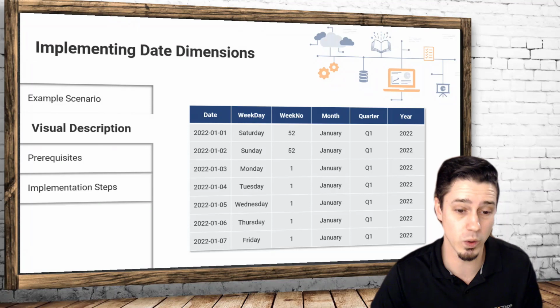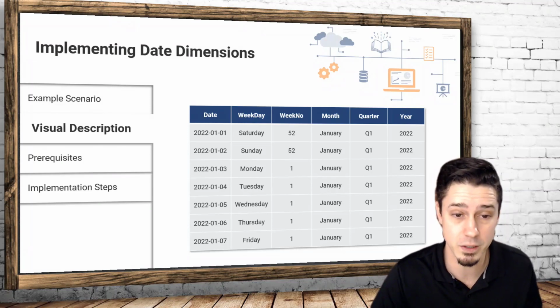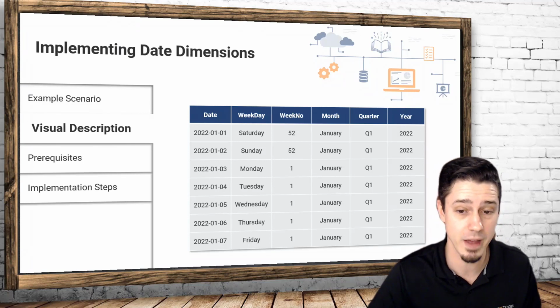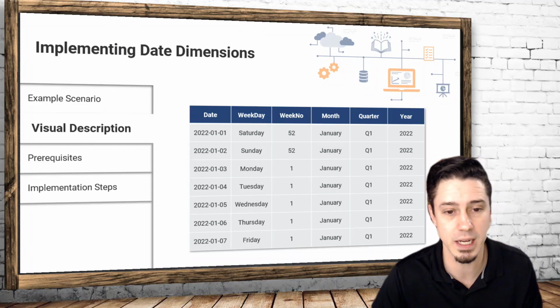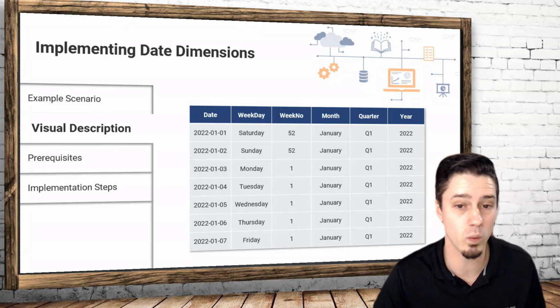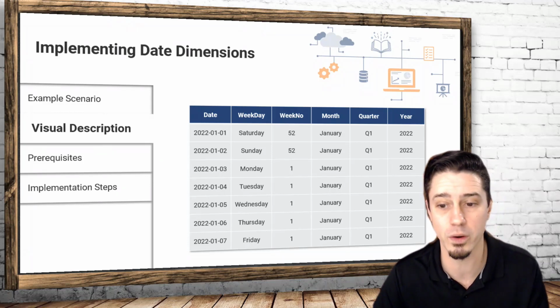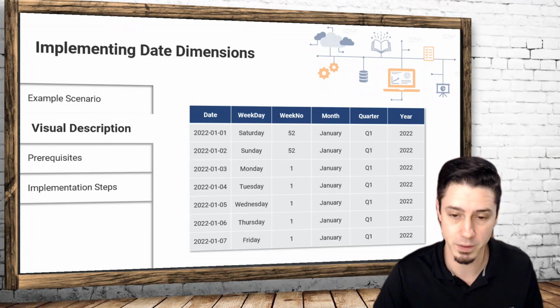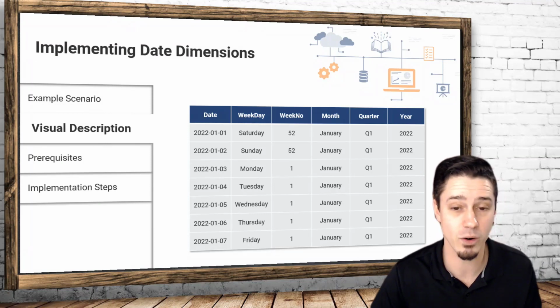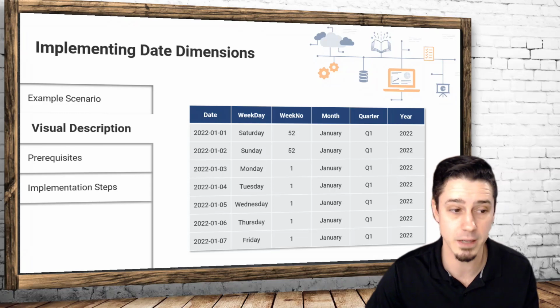Oftentimes you're analyzing historical data from 15, 20, 30 years back. So this date table has to have everything. And then in different columns, it's going to have which category those certain dates fall into. So what was the day of the week for this date? What was the week number, the month, the quarter, the year? And then we can use this information to filter down our data and categorize our reports by these different time